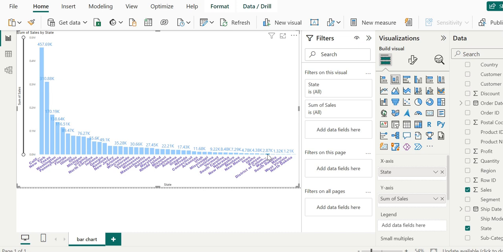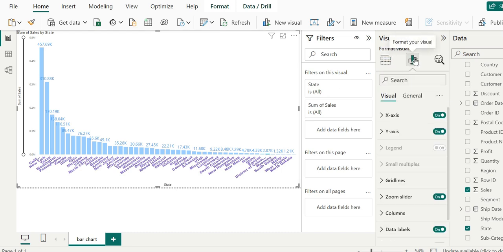It might be a question why the zoom slider is along the y-axis and not along the x-axis. We can change its position by expanding the zoom slider.